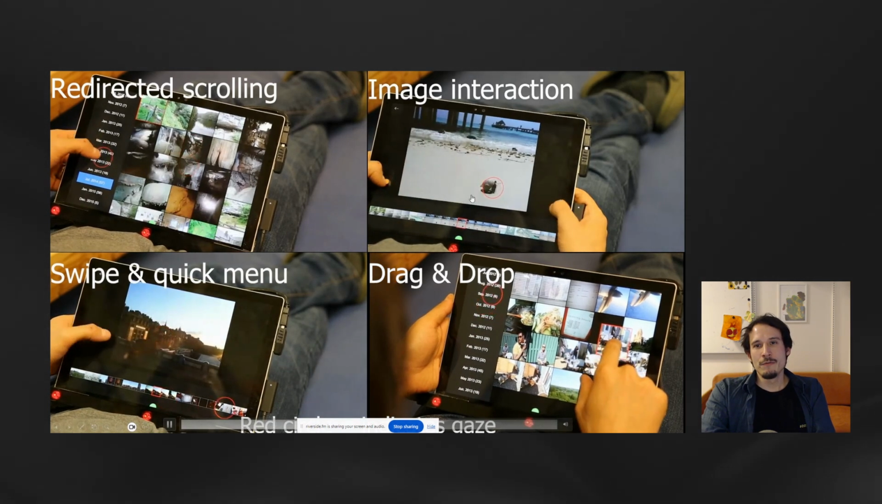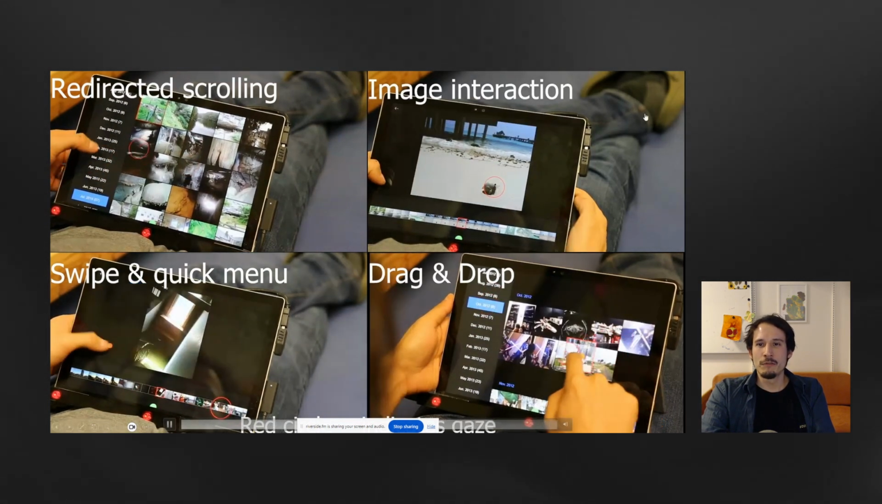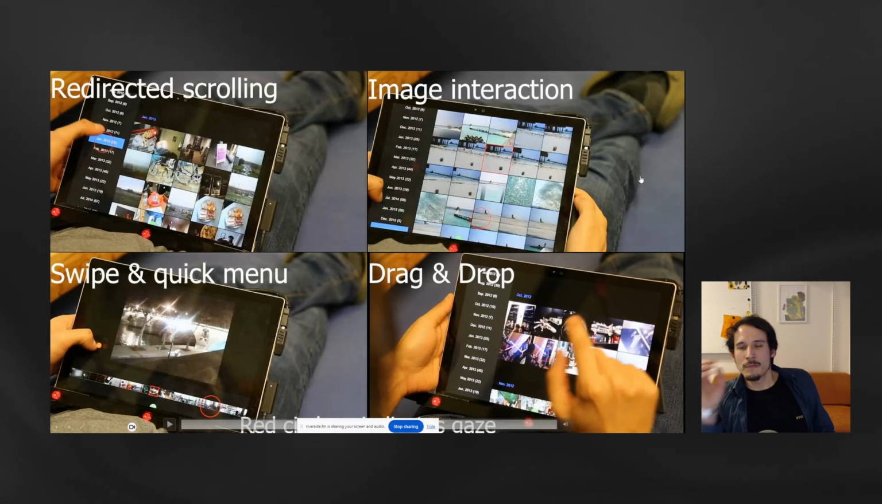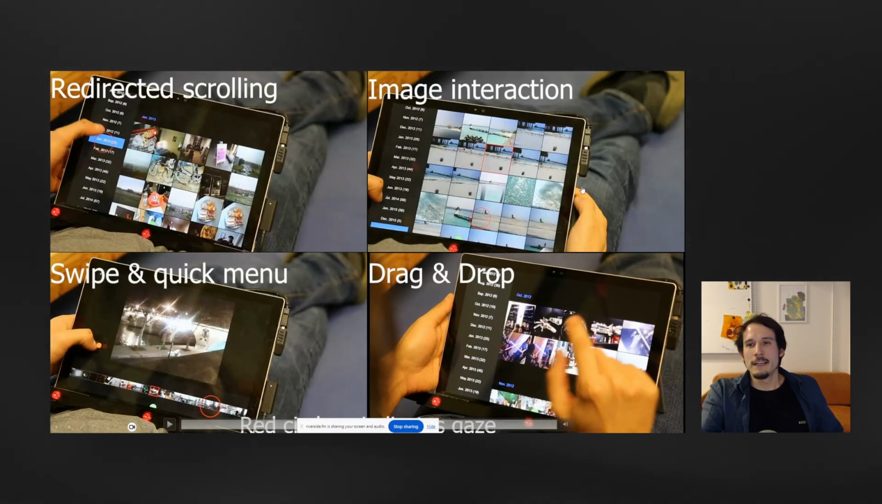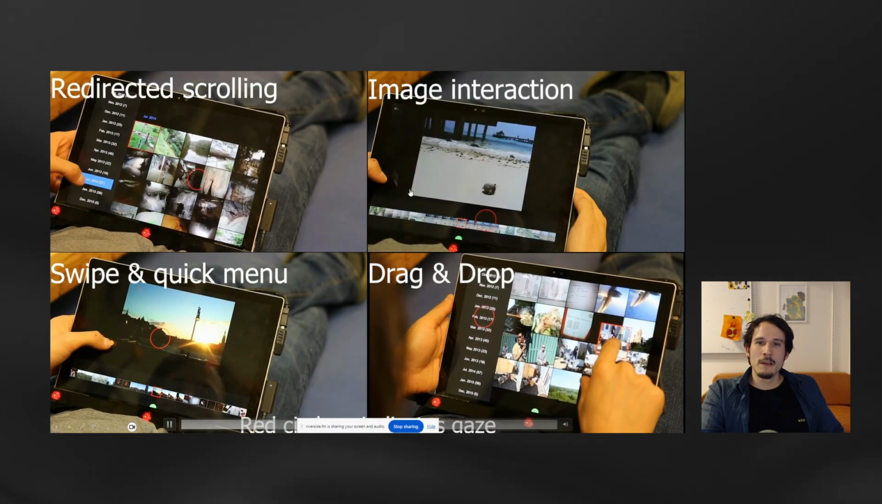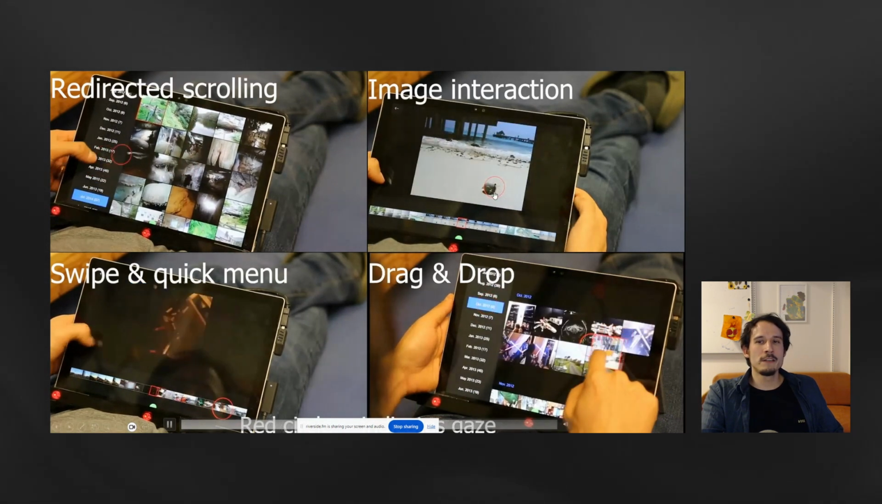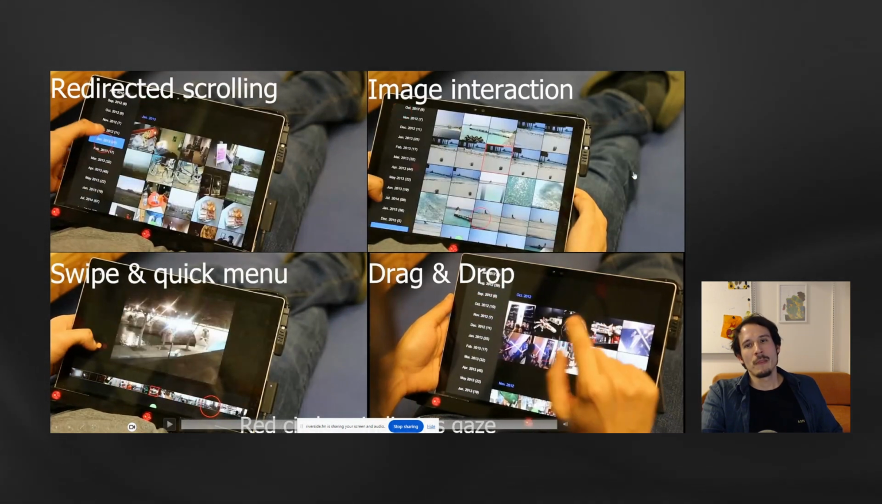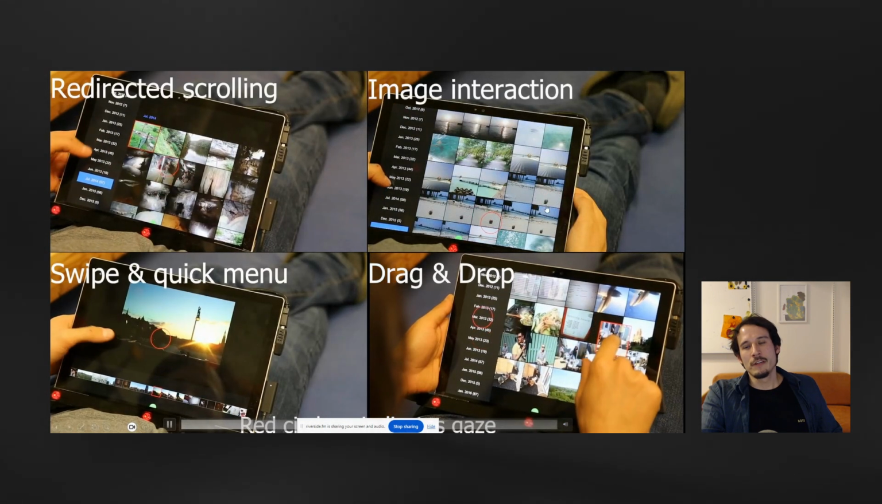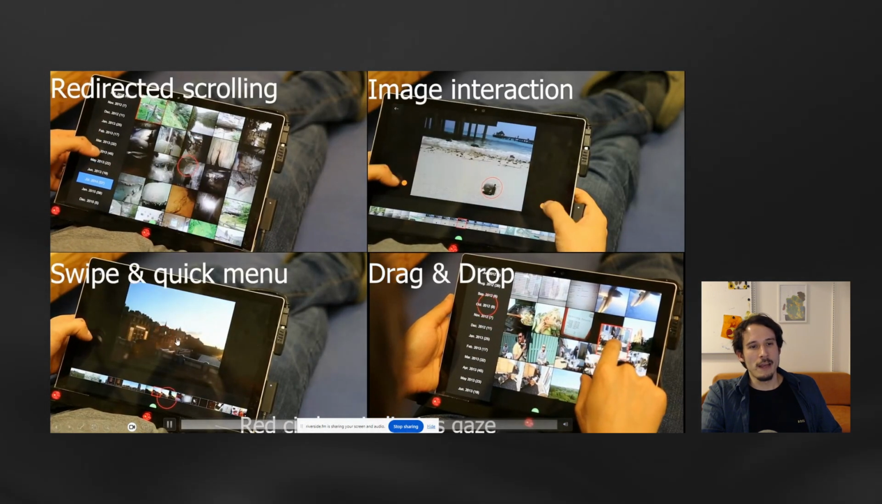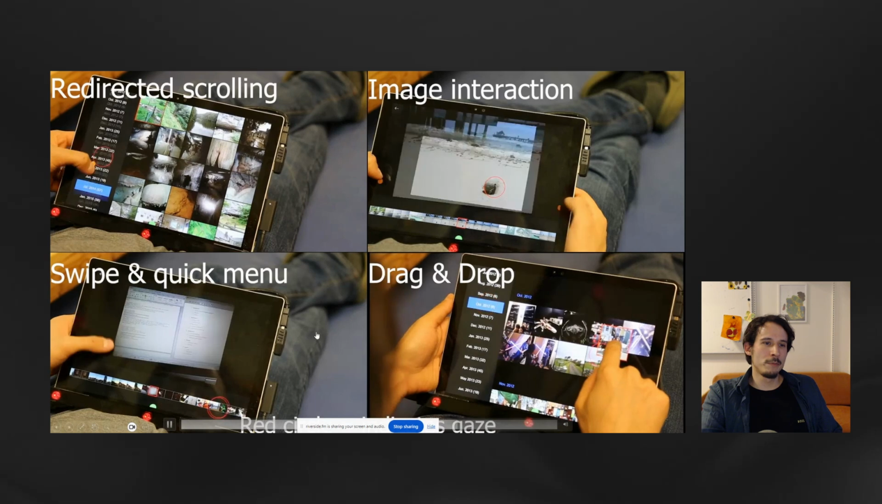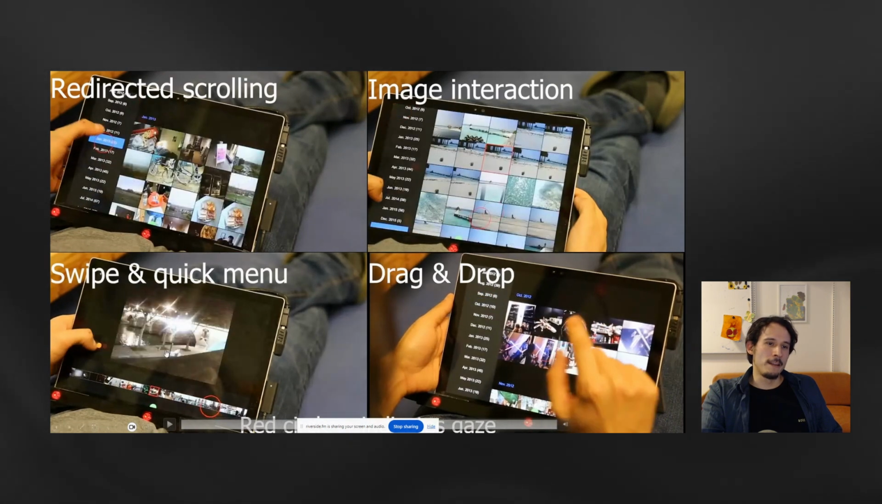Okay, and then you have things like on the right, image interaction. So any object can be selected, of course, and in the same interface, you can just let the user tap, and that would lead to selecting the current image. And you can easily also extend that to two-handed interaction for zooming. And yeah, there are other options as well, like what you see on the bottom left,